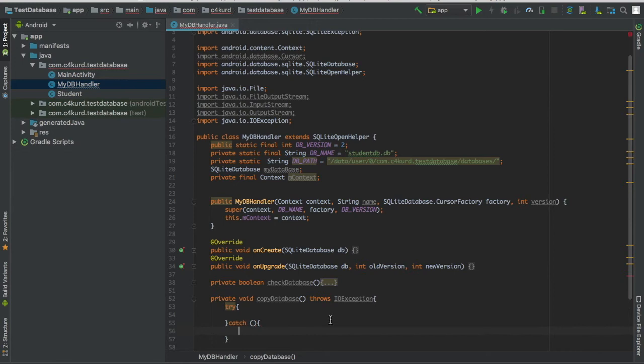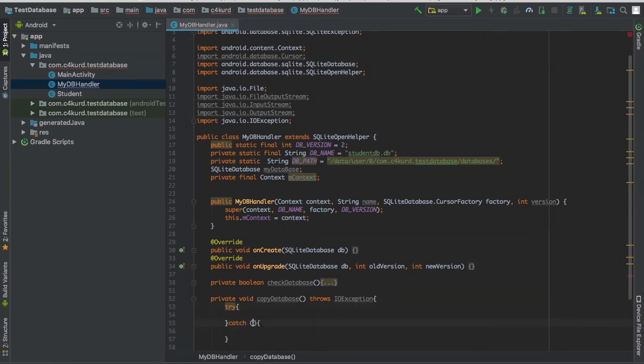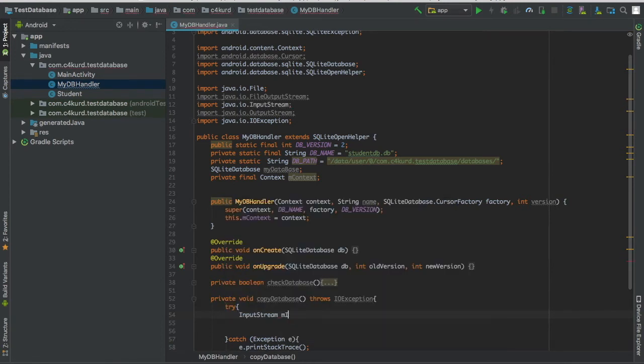Then inside the catch, we'll just put an Exception this time. We don't need the SQLiteException. Exception e, then the same thing, e.printStackTrace, so we don't get the same crashing. It just gives us an error. So now in our try function, we're going to write our input stream, as I said, which is going to